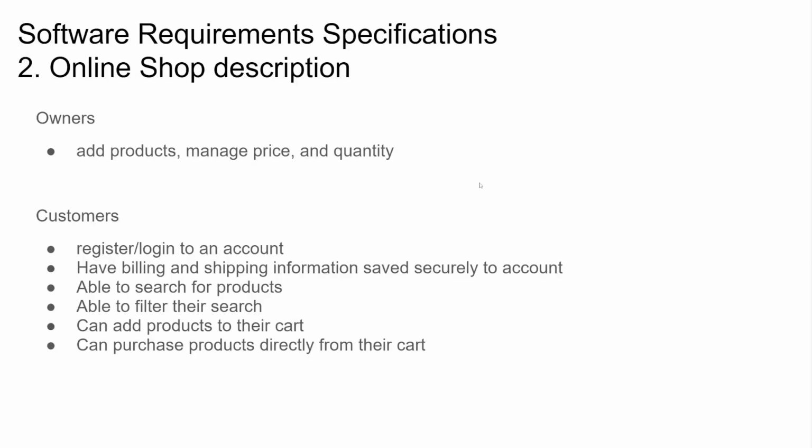Owners should be able to add and remove products, manage the price, and manage the quantity of their products. Customers should be able to register and log into an account, have their billing and shipping information saved securely to their account. They should be able to search for their products and be able to filter their search. They should be able to add products to their cart, and they should be able to purchase their products directly